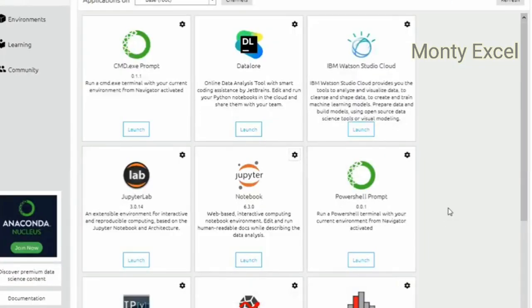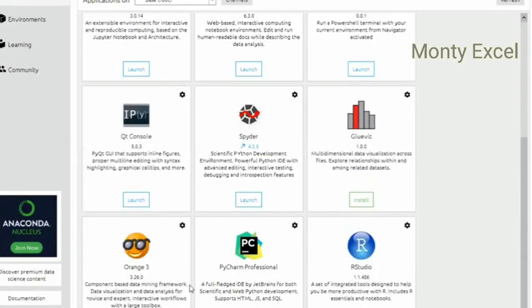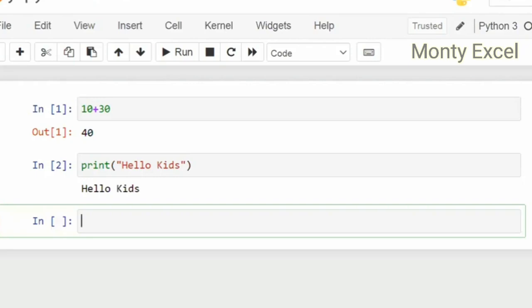And don't go for other software which is not really required. Orange is also one of the good ones to use. RStudio, R is again a new language. R is a programming language once again, just like Python. PyCharm, let me show you from the browser how it looks. I'll go to Google,